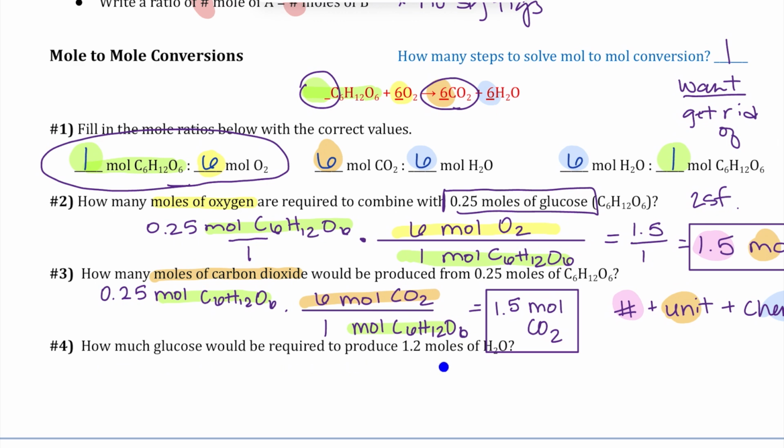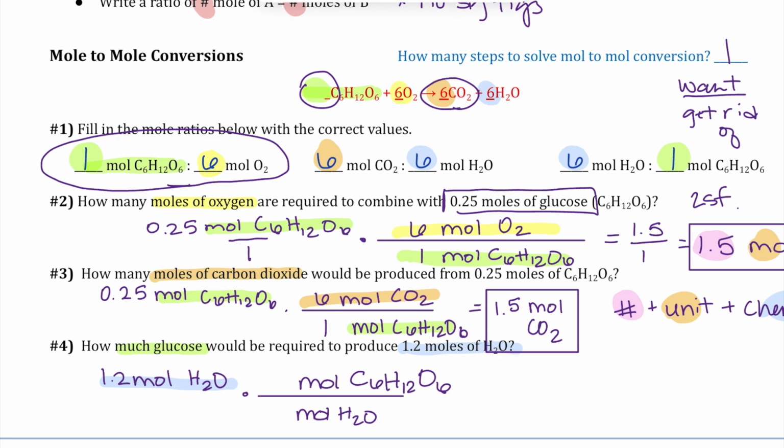All right, looking at number 4, how much glucose would be required to produce 1.2 moles of H2O? We're now starting at 1.2 moles of H2O. That was the given value in our problem. We are looking for how much glucose, and I didn't specify, but I want how many moles. I would specify better in the future. So we want to get rid of moles of H2O. We want to end up with moles of glucose,